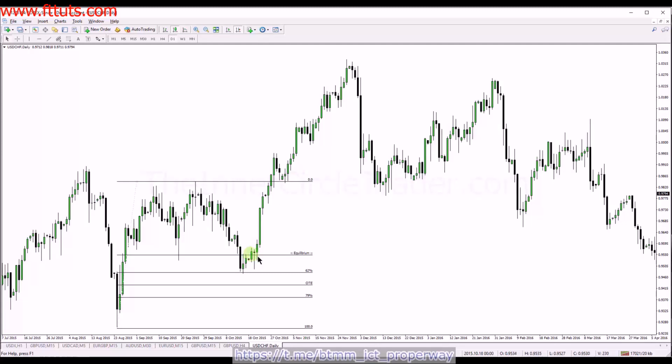The best buys come at equilibrium or less. Anything below equilibrium or the 50% level is viewed as a discount. Now, the wonderful thing about understanding this is when a market's at discount and its underlying basis is bullish, discount prices don't stay in the market very long. The market's going to want to run away from that really quick. Because this is a daily chart, this isn't that bad in terms of how much time it's spent down there below equilibrium. But you can see finally it explosively moved away from that and rallied up